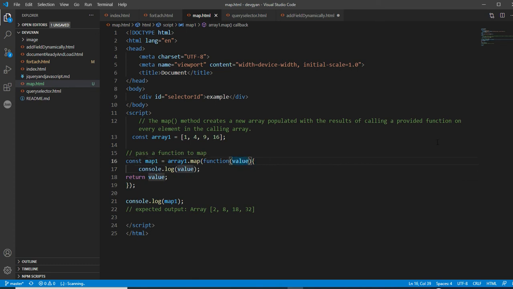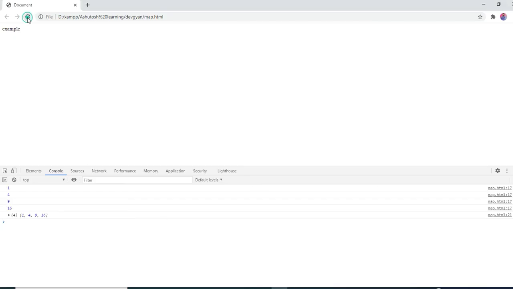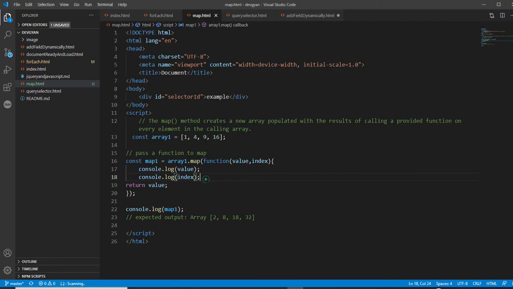Now the second parameter, if you say index and console log it, let's see what value you are getting in this parameter index. Now I am refreshing the page. You can notice 0, 1, 2, 3. It means you are successfully getting the index.